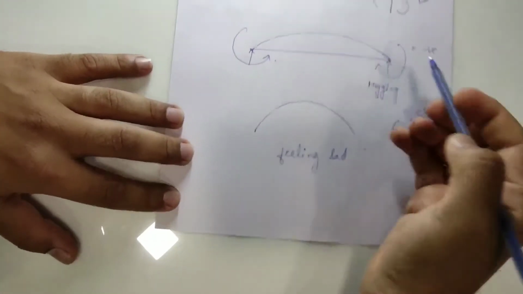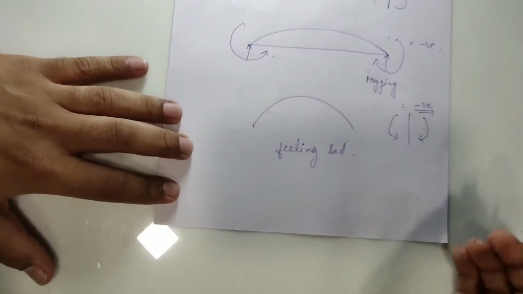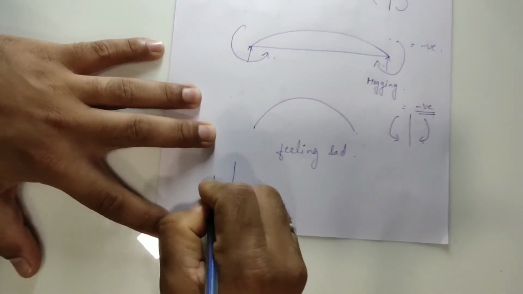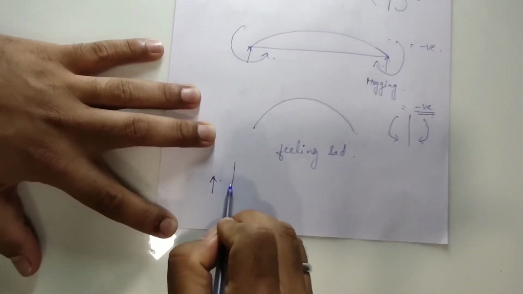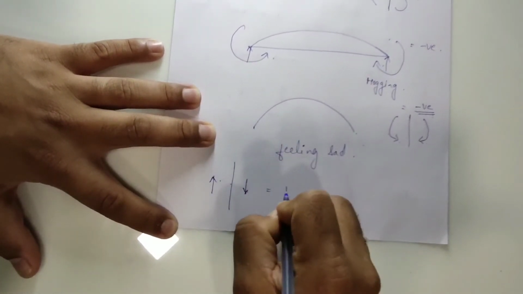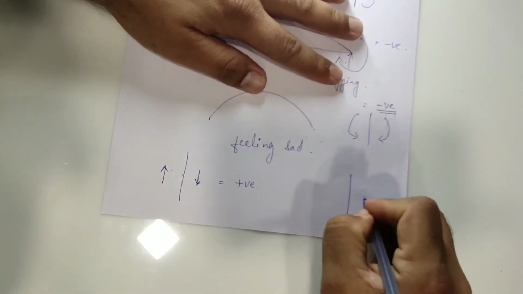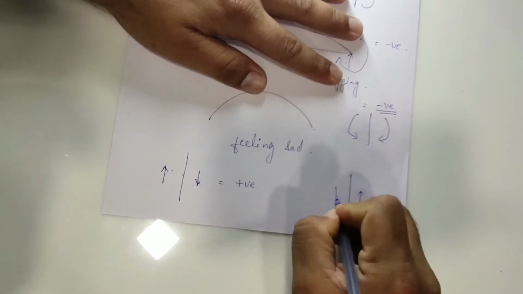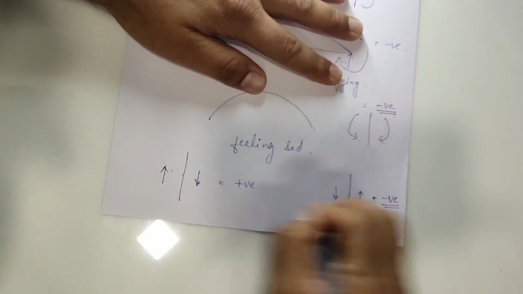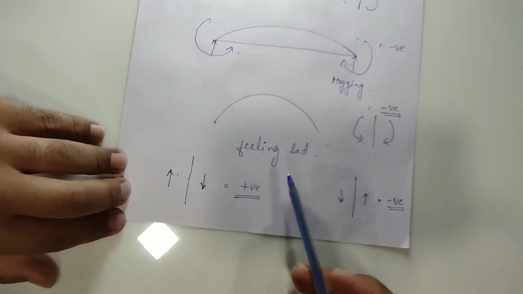In the same way, this sign convention was for the moment. If we are considering it for the load, if I am coming from the left hand side upward, and if I am coming from the right hand side downward, that I am going to take as positive. Vice versa of this, if I am coming upward from the right hand side and downward from the left hand side, that sign convention we are going to use as negative. How to use this kind of sign convention, I will show you at the time of solving the example.